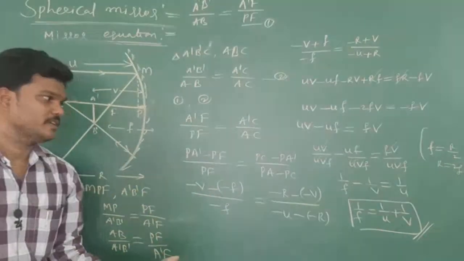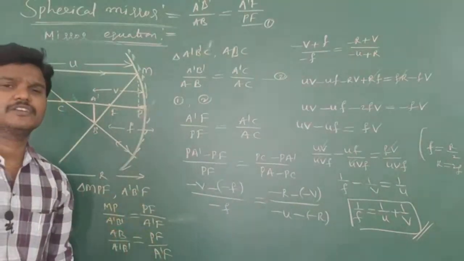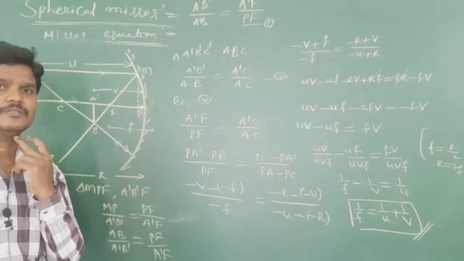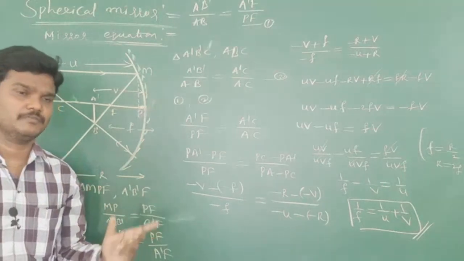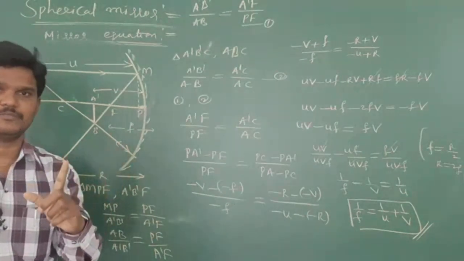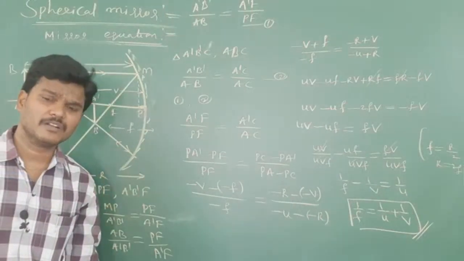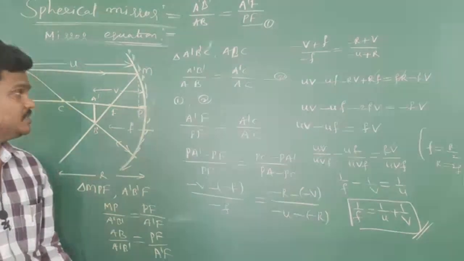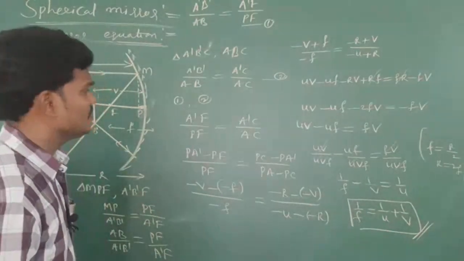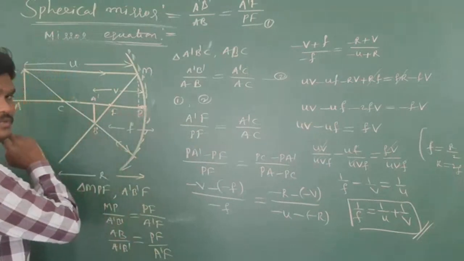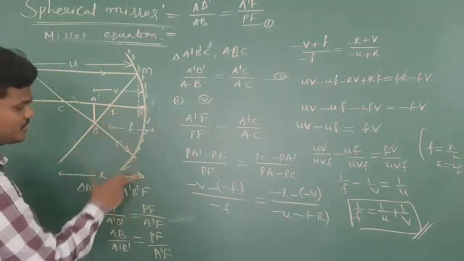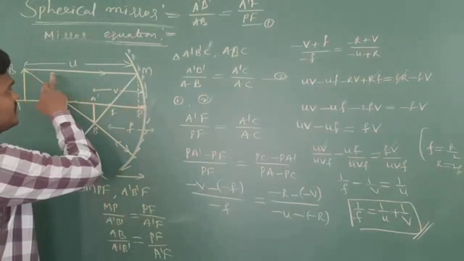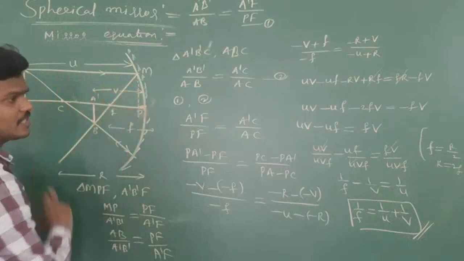So what I covered is the introduction of spherical mirrors and when they produce a virtual image. Only a concave spherical mirror produces a virtual image in one situation. A convex mirror always produces a virtual image. And we know the sign conventions. All distances are measured from the pole. Radius of curvature for a concave mirror is negative, focal length also negative, for convex positive. Distances measured in the direction of light rays are positive, opposite to the light rays are negative.